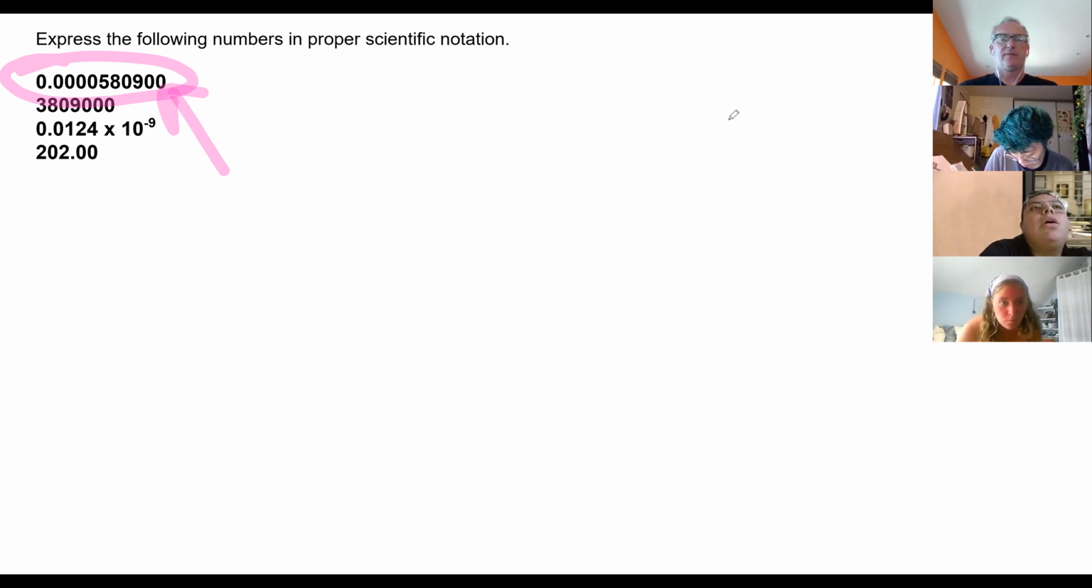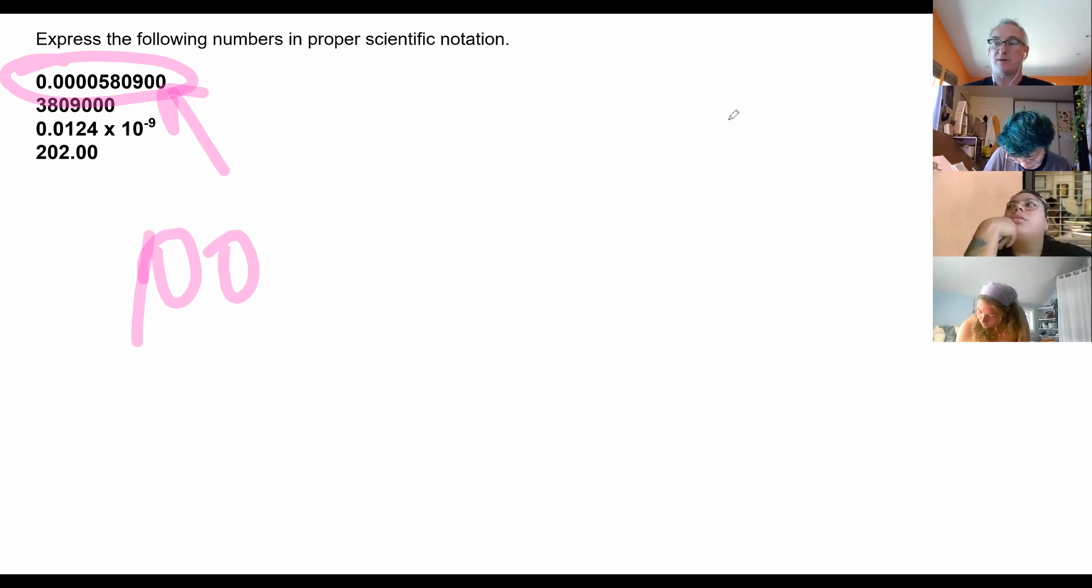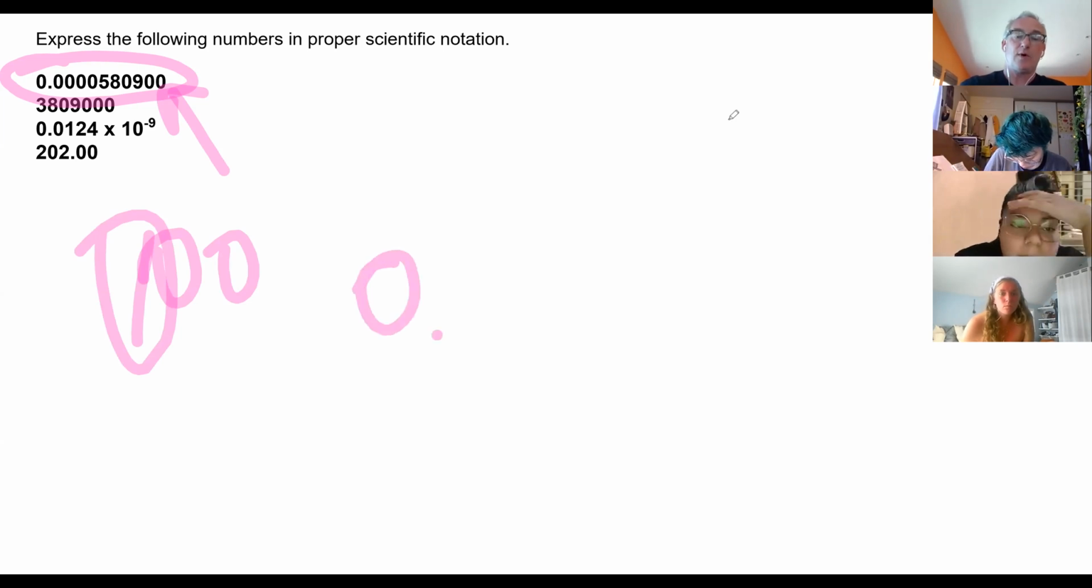So if I write 100, that means it's to the nearest 100. It means the closest number I can come up with, it's not 200 and it's not 0, it's 100. So this is the number to the closest 100. So this is the only significant digit right there. On the other hand, if I write 0.100,